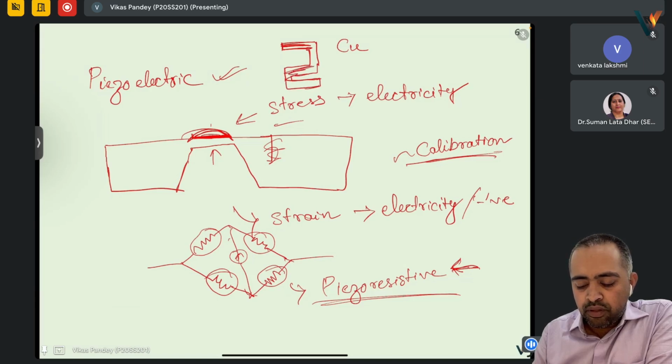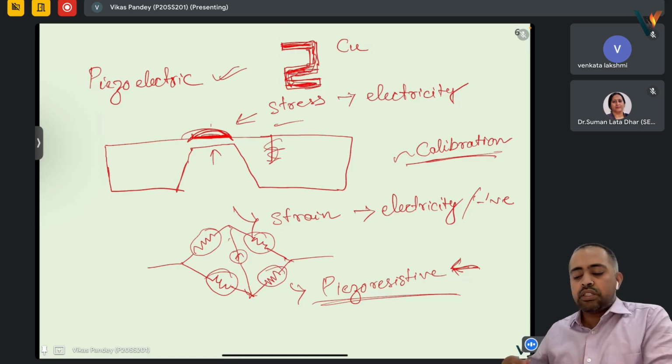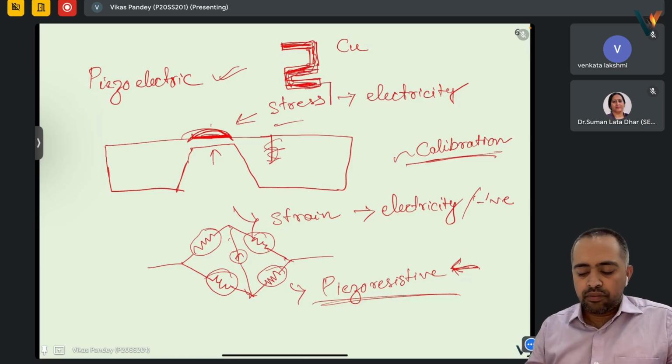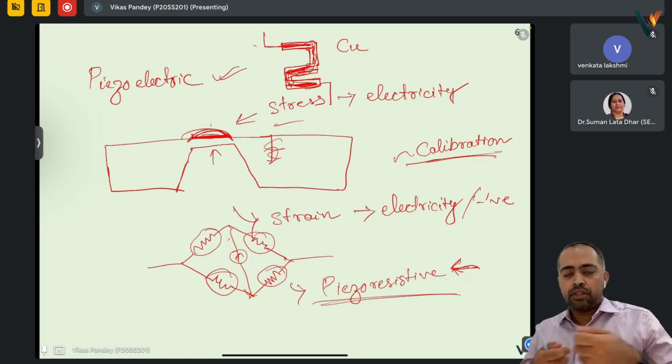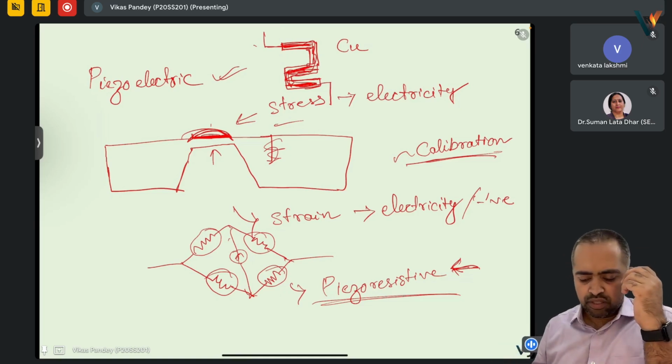Copper structure like this. Now, when there is stress or strain, the shape of this will change. We'll have contacts from here. The shape of this will change. Or to make it even simpler,